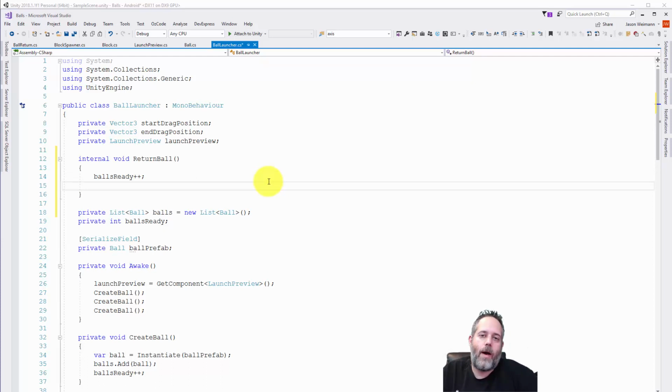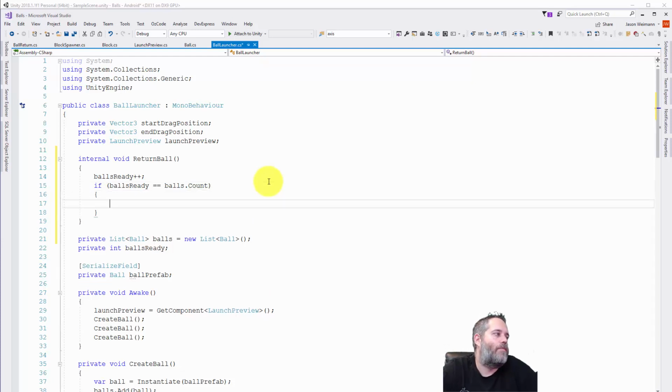And then this is a good spot to check to see if we've finished with our round. So remember, the round kind of ends when all of the balls have returned. So if they're all back, we can proceed on to our next round. So let's do that. Let's say if ballsReady equals balls.Count. So this is the whole list of our balls. If all of them are back, then we want to,